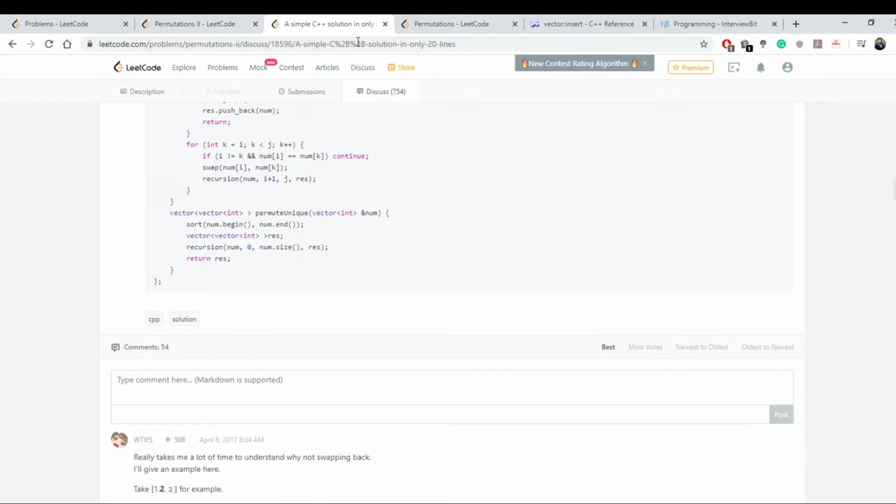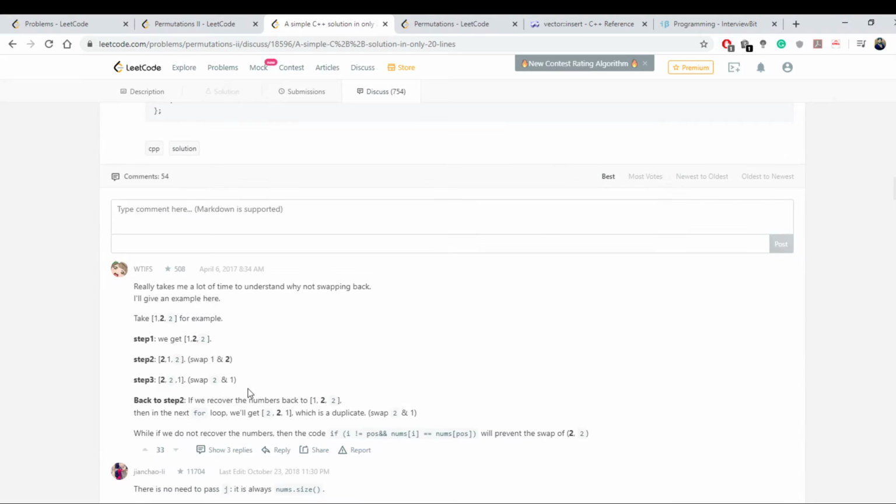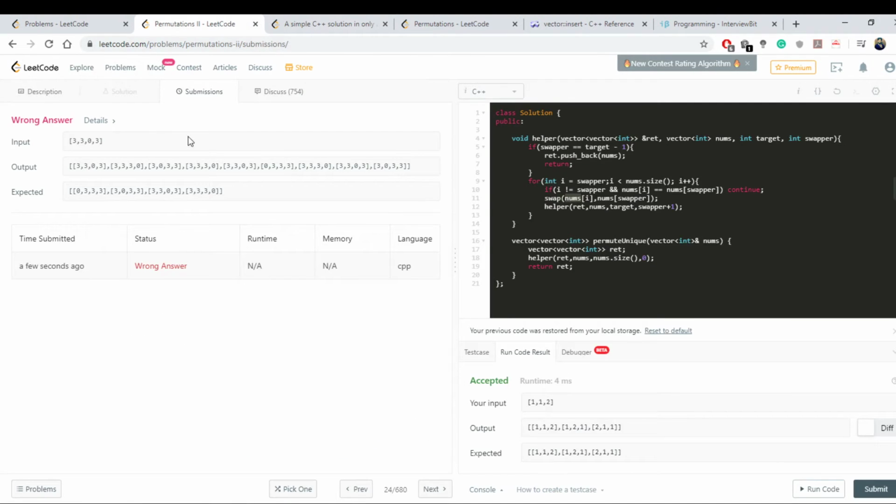It avoids duplicates because of... do not recover them in the code will prevent the swap or 2. But how is that avoiding 1 2 swaps and 1 2 swaps with the other two? It's not, but it's only because it's